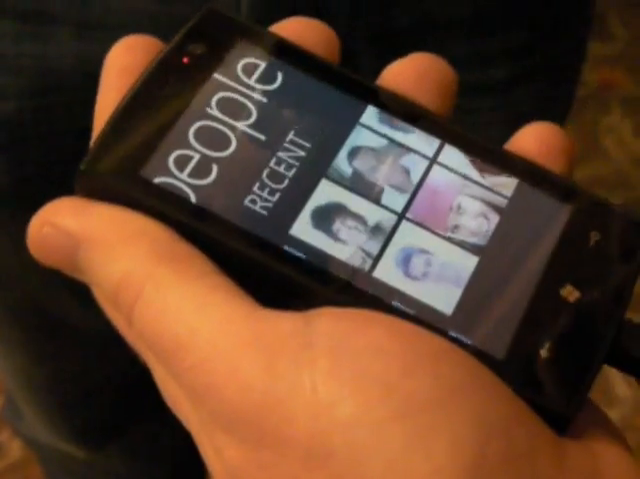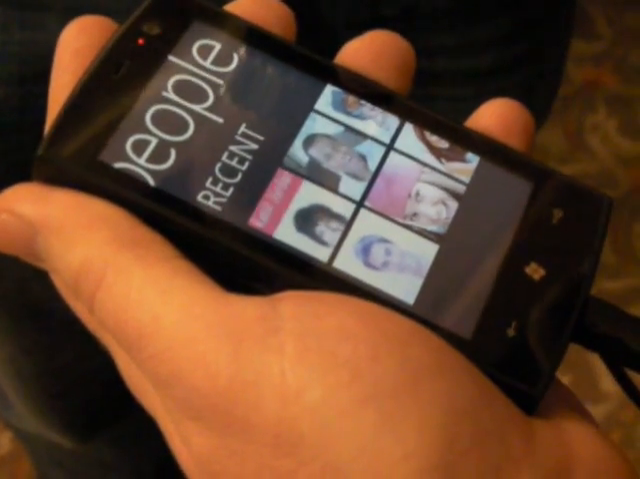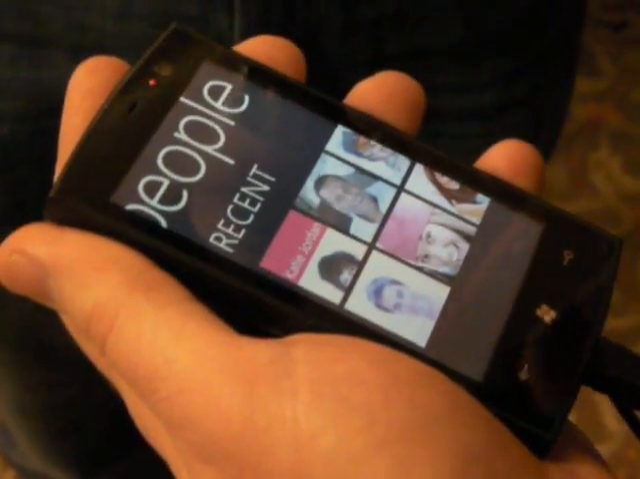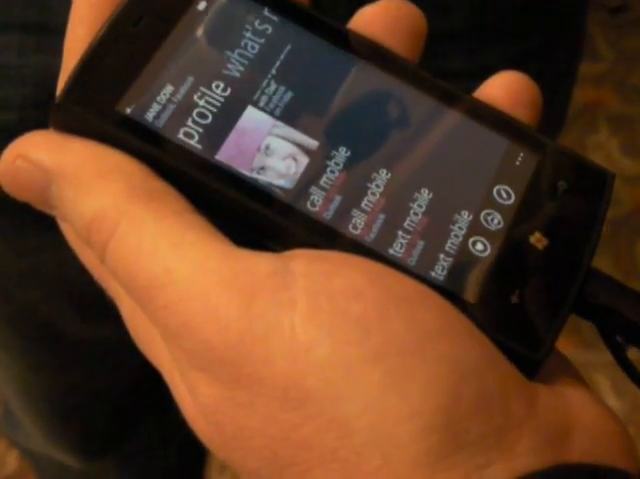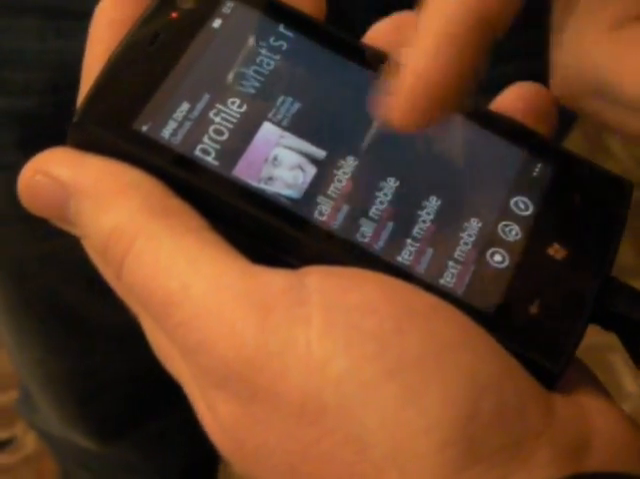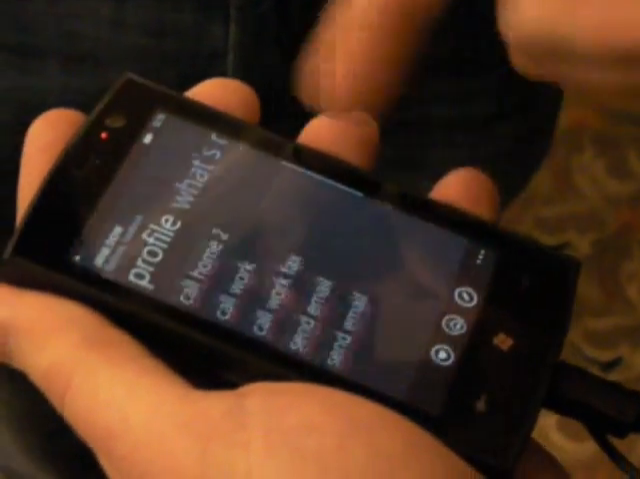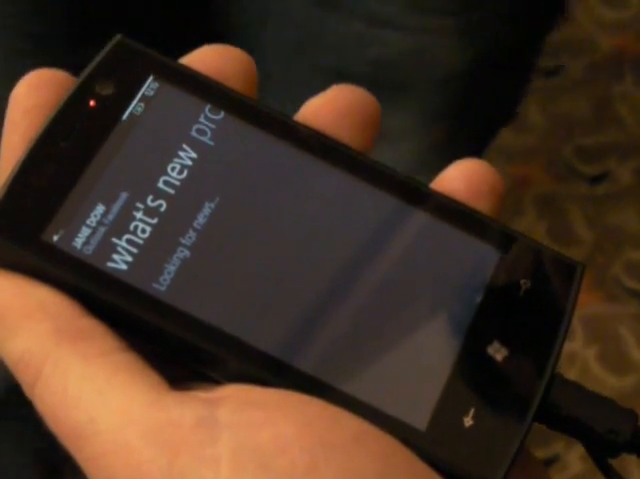Come over here to recent. Recent is just what it sounds like. People I've most recently texted with, sent mail to, had a phone call from. Lets me quickly jump in. If I wanted to email Jane Doe here, apparently that's her name, I have the ability to see what she said, call her mobile, text her, call home, all the information that you'd expect, mapping address. I can also take a look at what's new with just her by shifting over here to that view. If I want to go back,